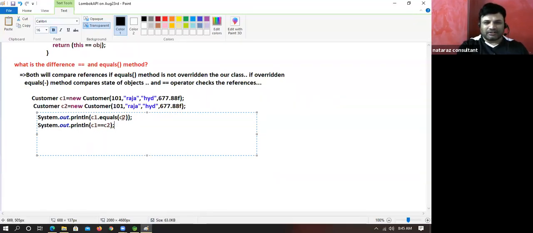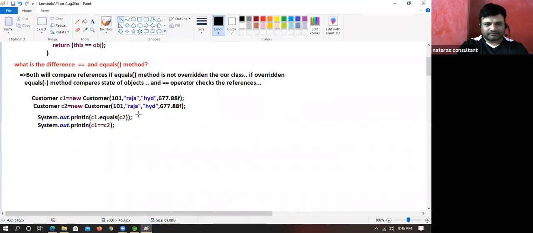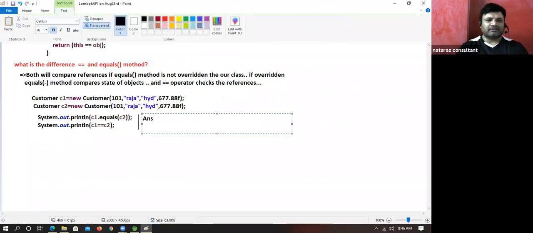System.out.println(c1.equals(c2)). Read Harikrishna's or other core Java books. Most of these are there. c1.equals(c2), and c1 double equal to c2. The answer is false, false.